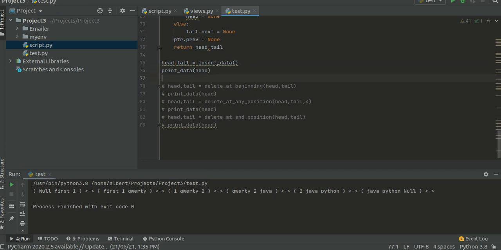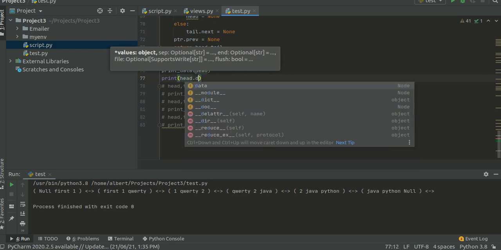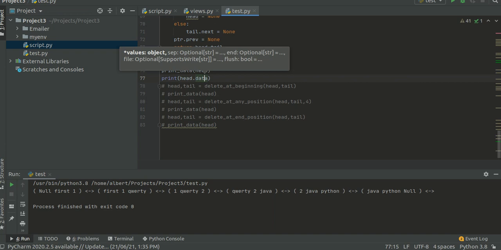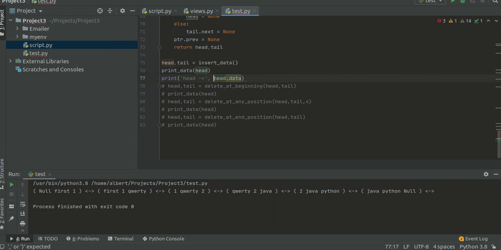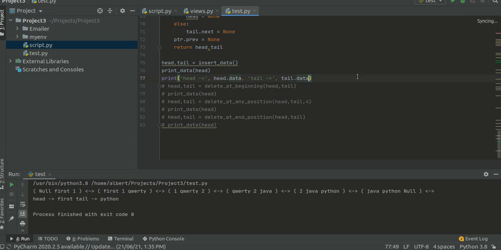And you can also print this. This is how it looks like.